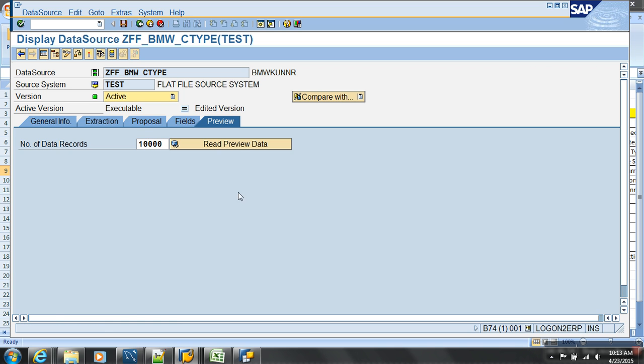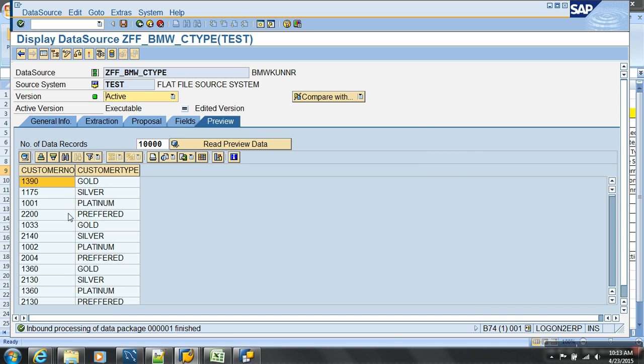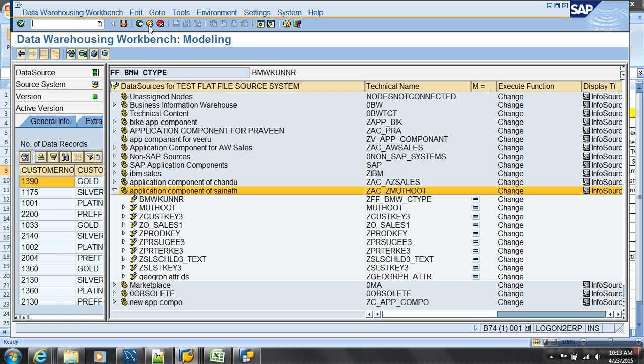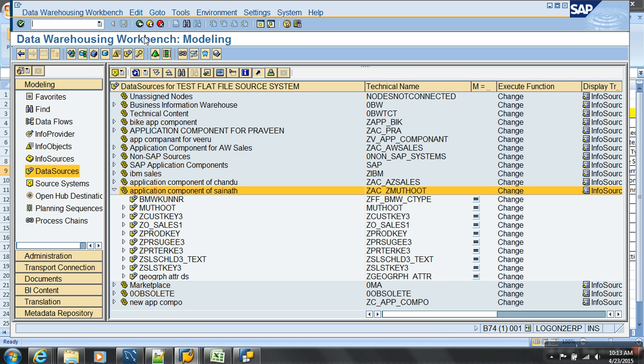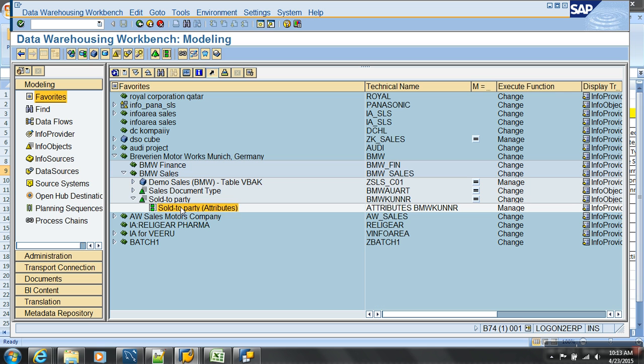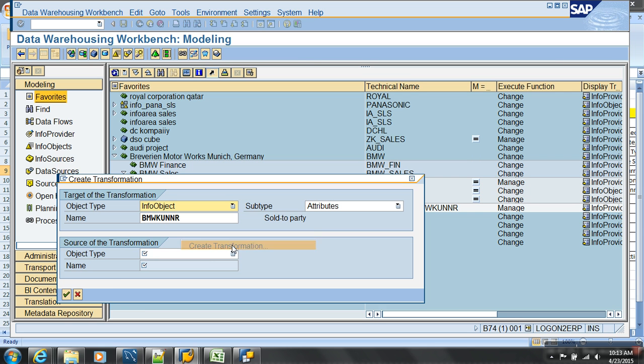I can see the preview of how data comes in. Alpha conversion. Okay. So now should I connect this data source and the provider? No. Right click, say create transformations.